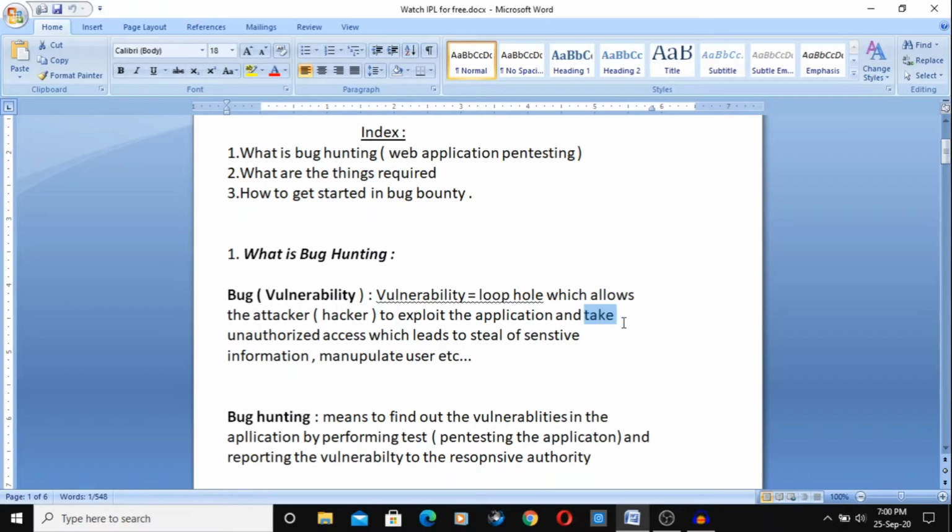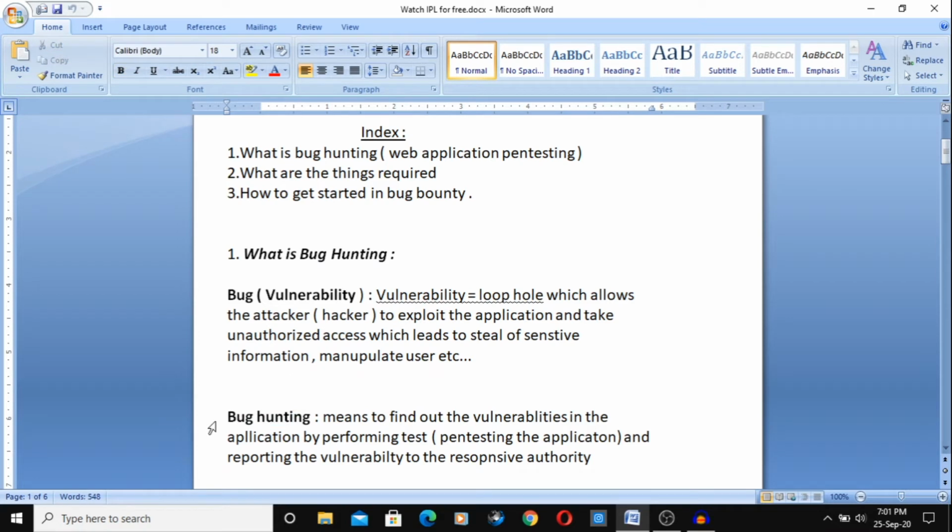Unauthorized access refers to taking the access without the permission of the owner or user, client, etc. Without permission, taking the access and stealing the sensitive data of the company or information regarding them and manipulating the user, etc., which leads to a lot of damage to the company.